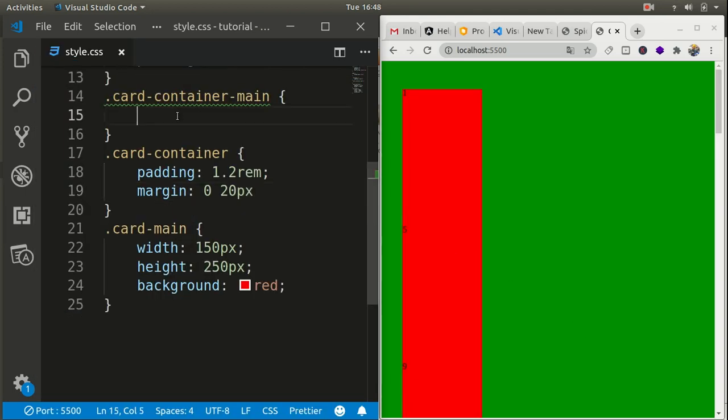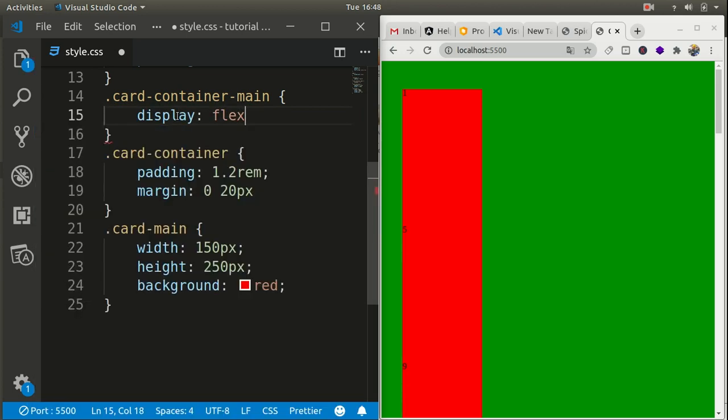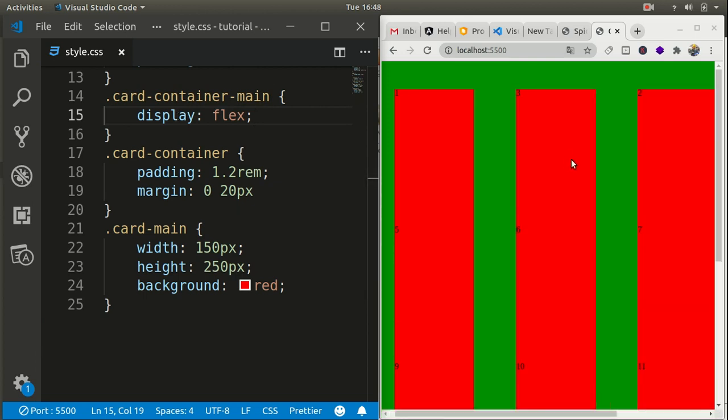In card container main I define display to be flex, and if I save this, we go and save this, and this looks good now. So let's continue on this.